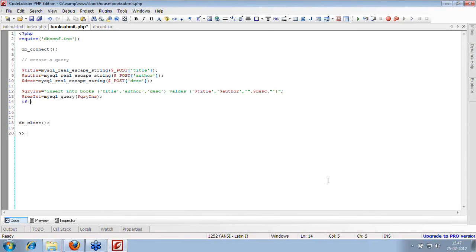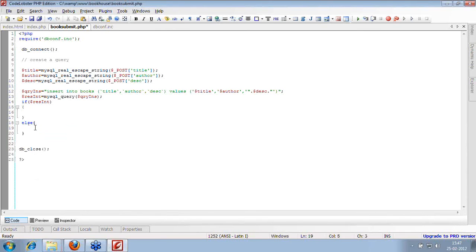Now I need to see whether it has been executed properly or not. We'll see in our program if there is any syntax error or anything holding it back from inserting. If it executes properly, it will return a true value, it will be checked in the conditional statement, and then we can have the execution of the further program.